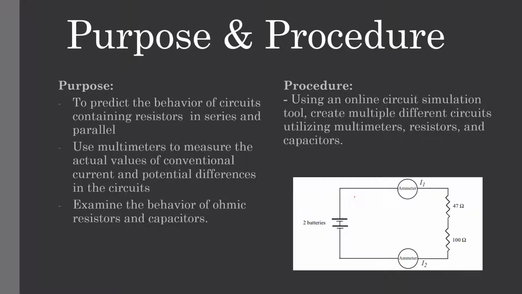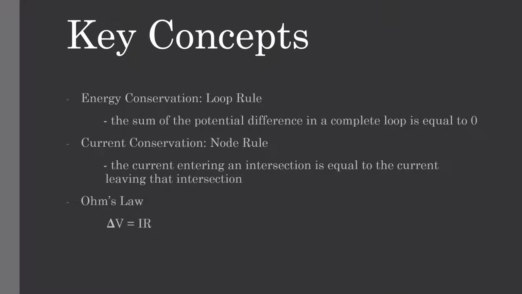The procedure of the lab was to use an online circuit simulation tool to create multiple different circuits utilizing multimeters, resistors, and capacitors. Some key concepts and physics principles that were used throughout the lab were energy conversion and the loop rule, which states that the sum of the potential differences in a complete loop is equal to 0,